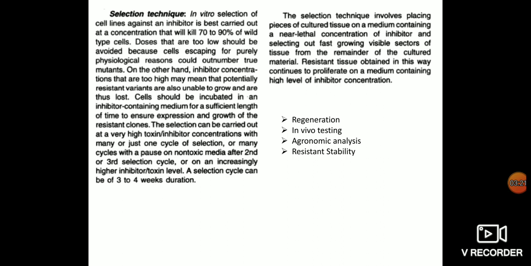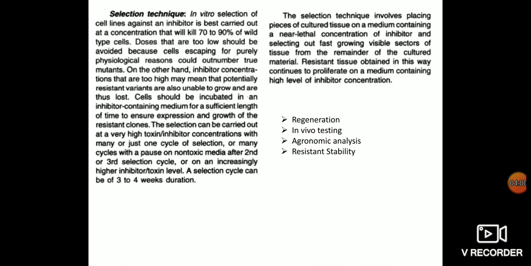And the final one is resistance stability. As I always mention, there might be a chance of the cell undergoing an adaptation at a particular point of time. That is what I mentioned about epigenetic adaptation. If there is adaptation due to a particular period of time, or a genetic lesion responsible, there may be a high reversion rate, or an alteration may be due to genetic or epigenetic adaptation. So in order to know whether it is permanent or stable or transient, we need to find out with the help of this resistance stability over generations for a period of time.